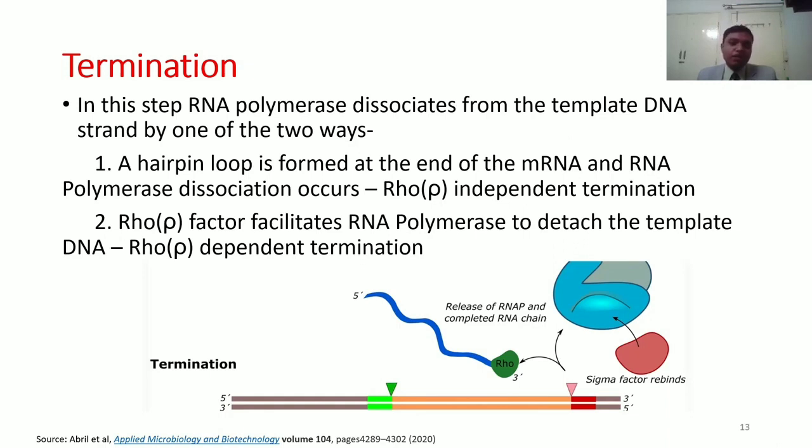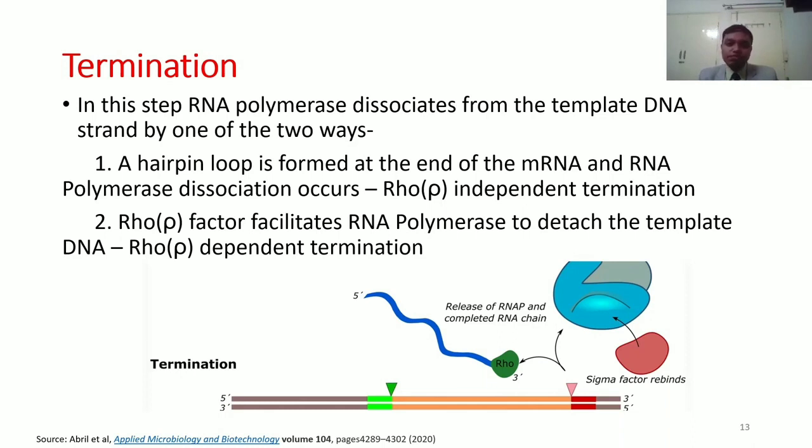Another type of termination is the rho factor dependent termination process. In this process, a hairpin loop is also formed, but rho factor is a termination factor which is going to bind with the mRNA, and it will cleave the hydrogen bonds between the mRNA and the template DNA. So that's how the mRNA will detach from the template DNA strand. That is another type of termination, called rho factor dependent termination. So this is how the mRNA is going to be produced, and it will come to the cytoplasm to produce